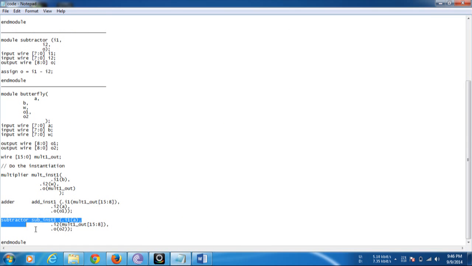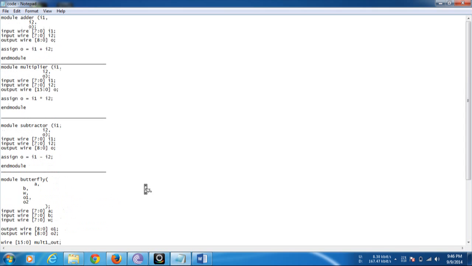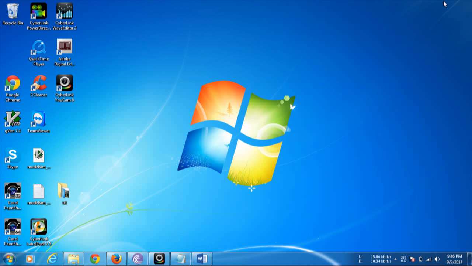Similarly, for the subtractor module it is a similar case, and so end module. This is what we have discussed up until right now, and this video is just a recap of the previous one which we have